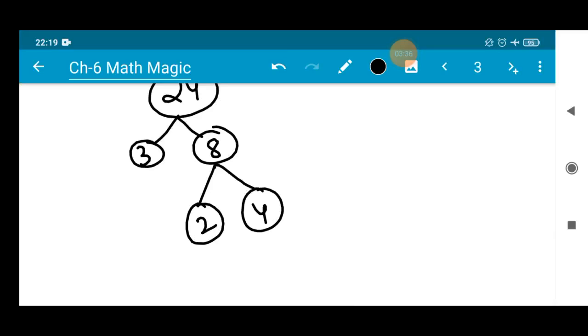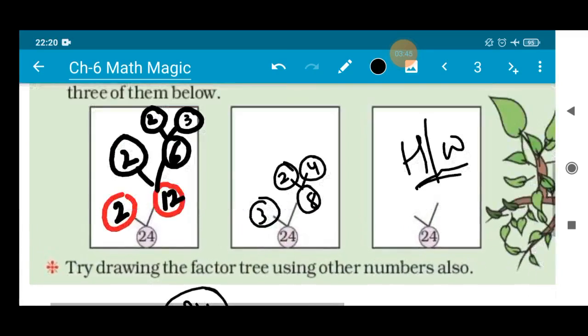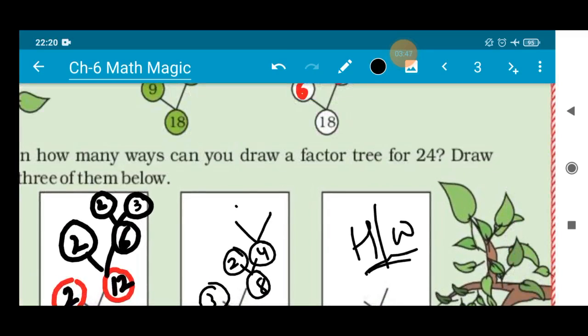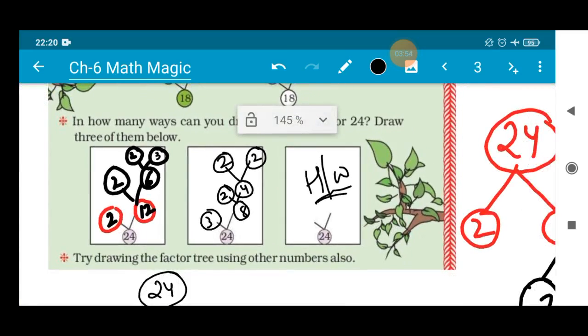Now again you can see 2 is in prime form, but 4 can be divided into its prime form, that is 2 into 2. Now both 2s are in prime form, so no further division can take place. So 4 can be divided into 2 and 2 like this. This is another way. Just have a look. We got the factor tree of 24 in a different way. There are varieties of ways I have already told you. The next method to find is your job. I request you all to do it yourself.